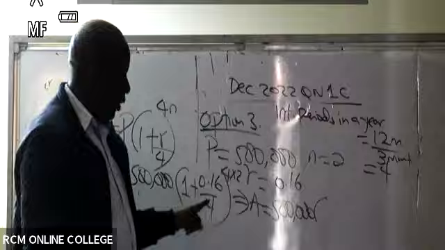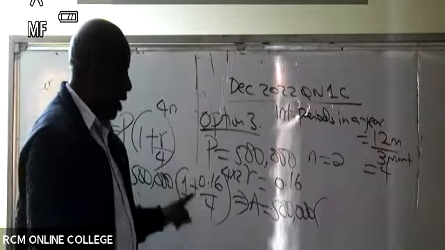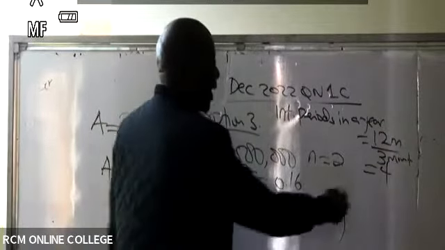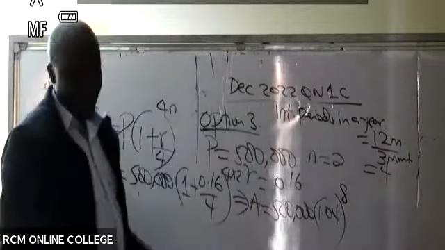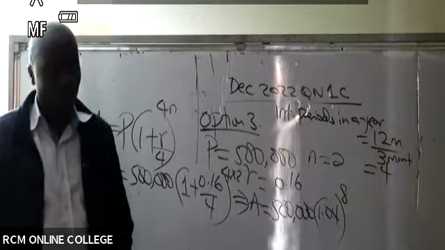Is that the case really? If you divide, it will be 0.04 years. So plus 1, that gives me 1.04, raised to power 8. So doing it that way, is there any student who is able to, ladies and gentlemen,